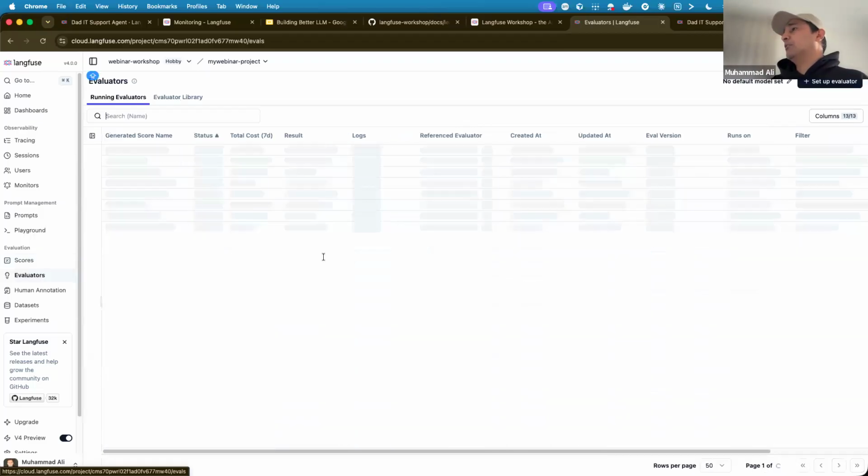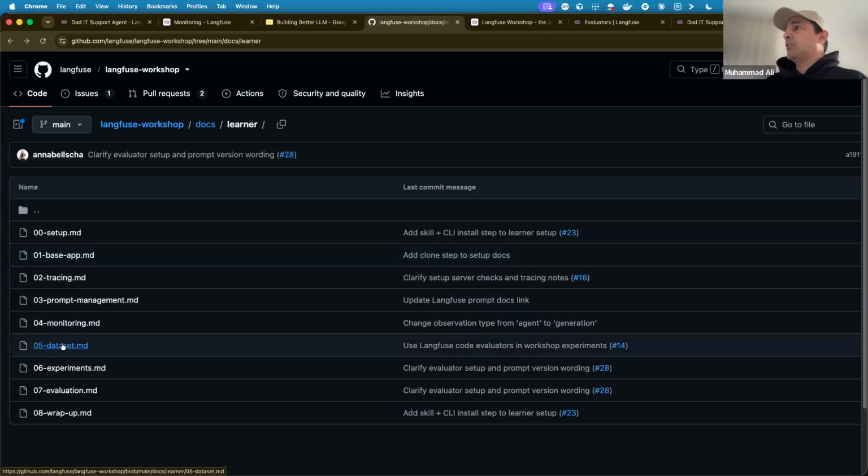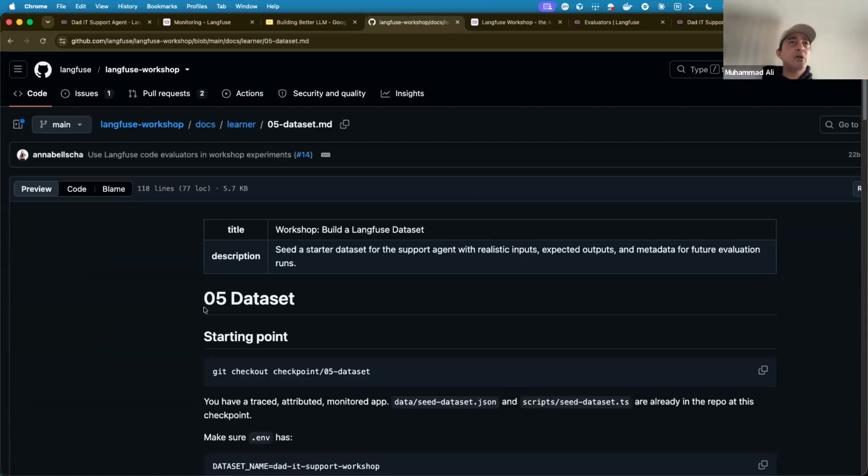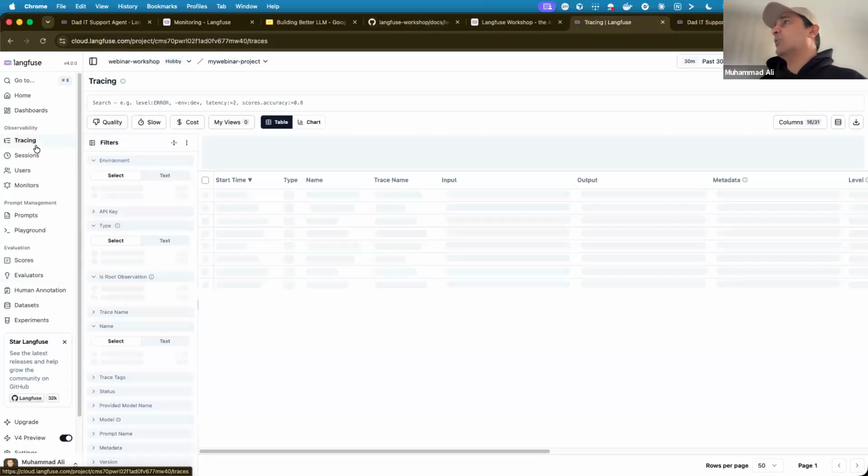Data set part. Okay. So from monitoring, we go to the data set. With what we learned from monitoring, you can actually capture things online with the LLM's help or with the code's help, attach things to it, and then be able to search. But let me go and show you that.